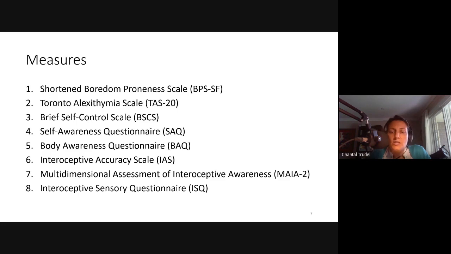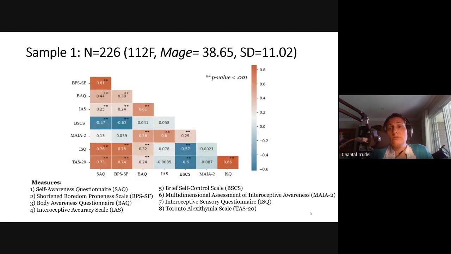That one is often used in the literature to measure confusion in those internal states in adults, and it's particularly used on adults on the autism spectrum, who typically show higher levels of confusion with their internal states. And then I would like to show you what we found.